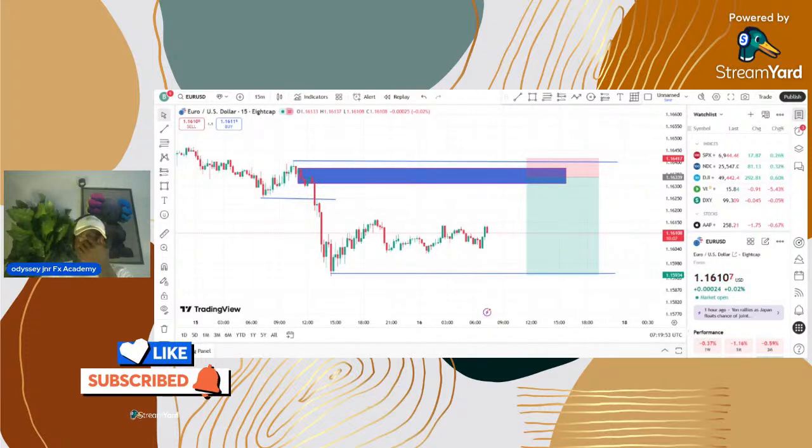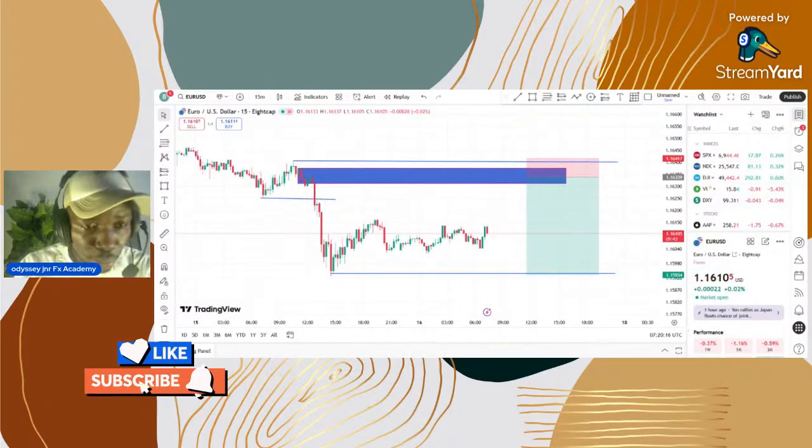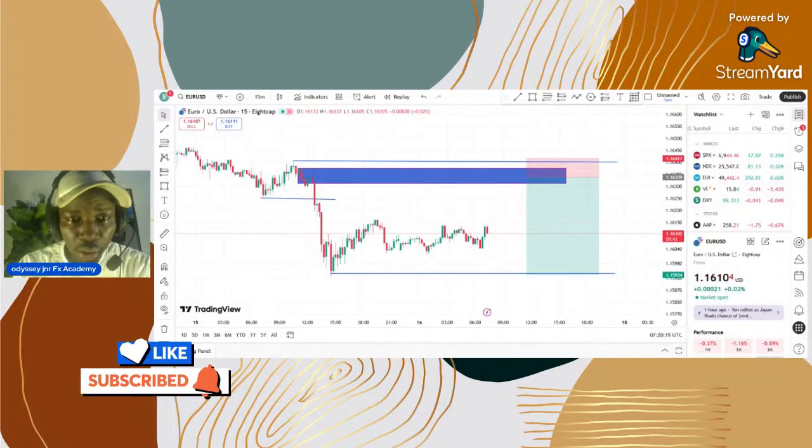So I think that is the end of this. At least we have done much. Let's look at how this plays out for us today, and then we'll be able to utilize every opportunity that we have to take these trades. Ensure you take the trades. Don't just look at them and not take the trades. Look at them and learn with them.